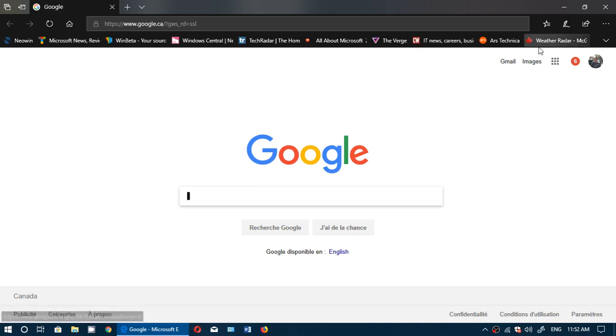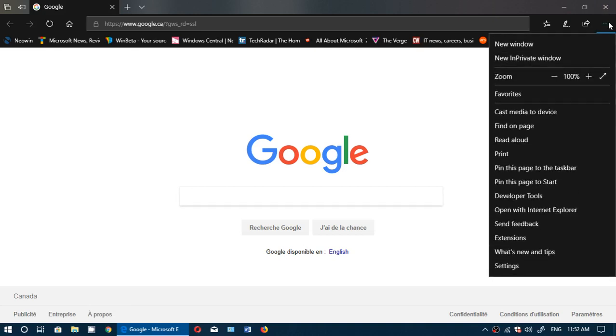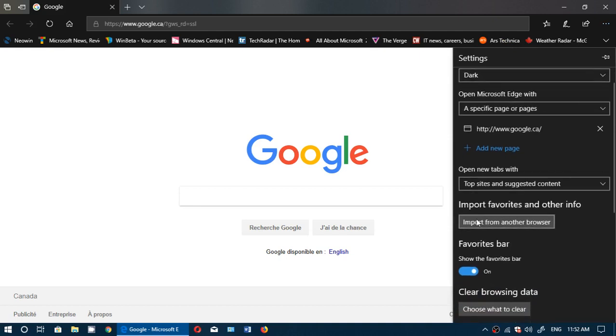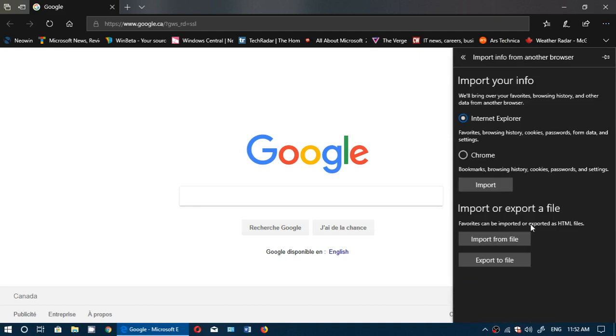All you have to do is go into Edge. On the upper right, click the little three dots for a menu. Go into Settings, and there you'll see Import from another browser. By clicking this, you'll be able to import from Internet Explorer or Chrome, or if you don't have your browser available, you can export your favorites or bookmarks to a file. Every browser lets you do that. And then you can import from file, meaning you can basically import from almost any browser you wish